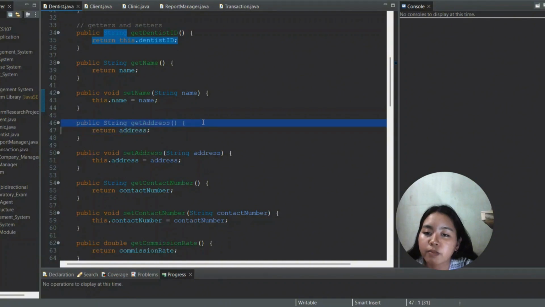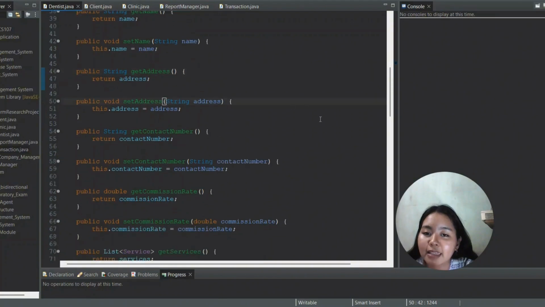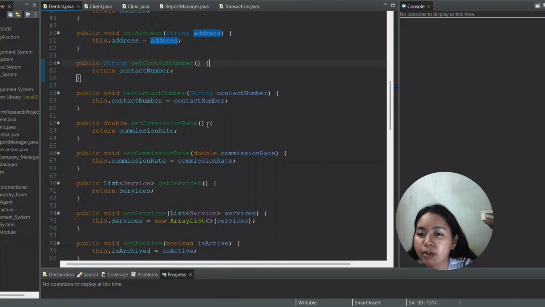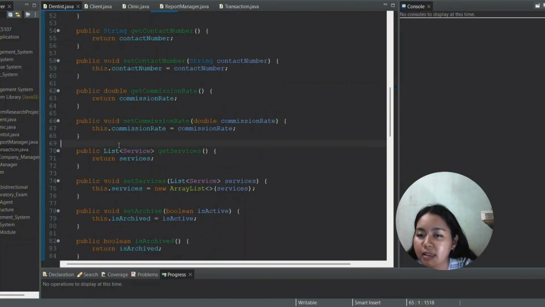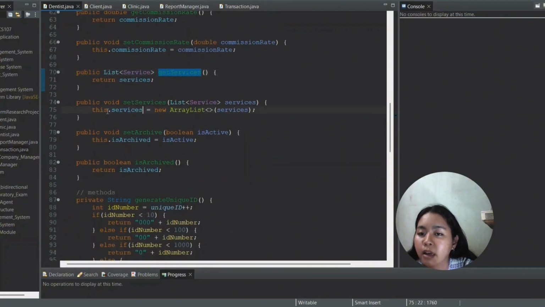Get address returns the address, set address sets the address, get contact number returns the contact number, and set contact number sets it. Then it returns the commission rate and sets the commission rate, and it also returns the list of services and sets the list of services.